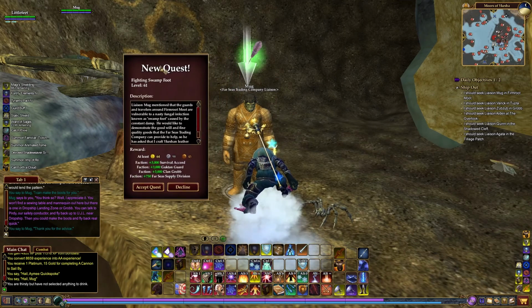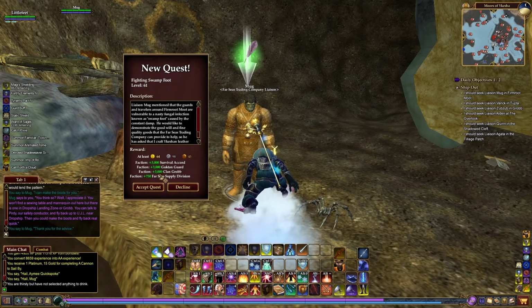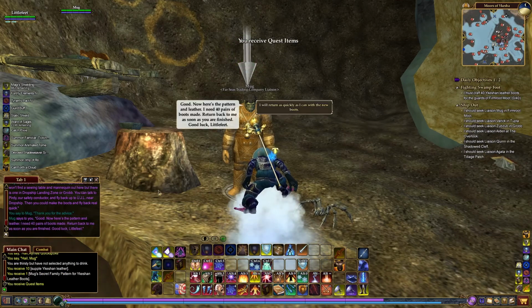Now, Mug has given us a quest called Fighting Swampfoot. Now, you're going to notice down here at the bottom that there's quite a few factions listed. There's 3,000 for Survival, 3,000 for Gukton, and 3,000 for Clan Grob. You will also get 750 for Far Seas. Now, you need to do this particular quest first, and you need to complete it before you visit any of the other areas, because this faction is going to make you not KOS. You won't be killed by the guards if you complete this first. So we need to do that. Now, the quest itself